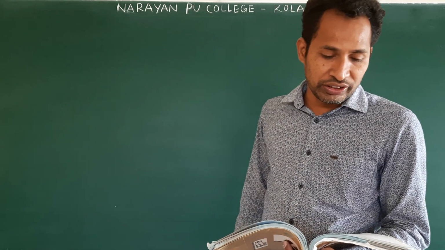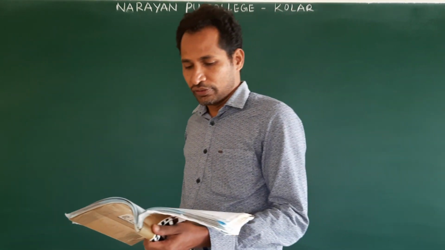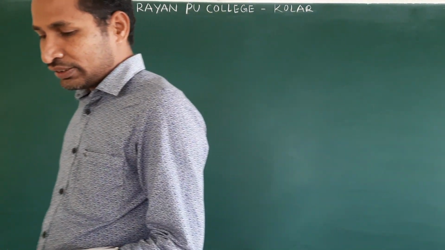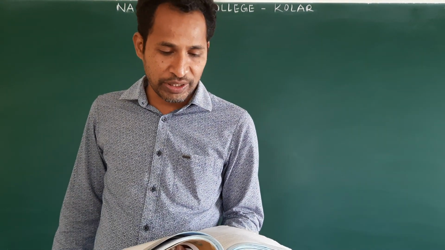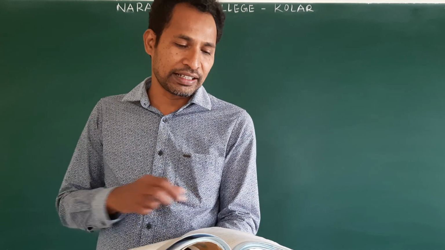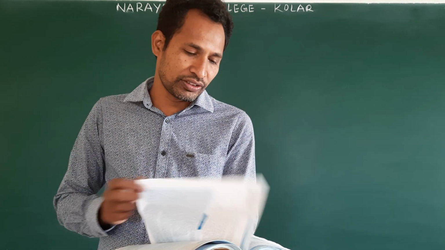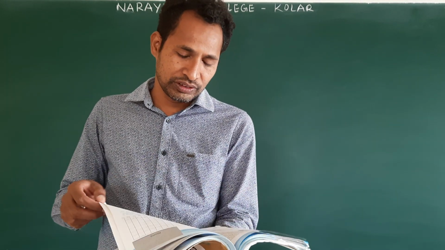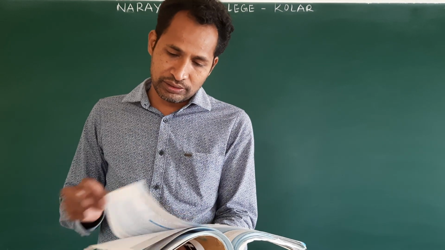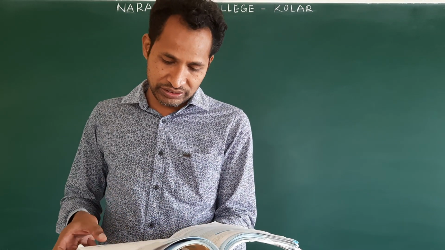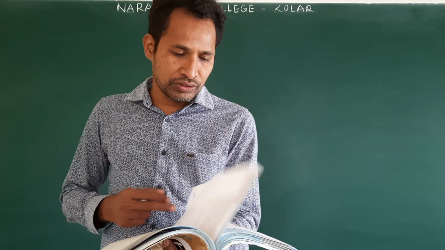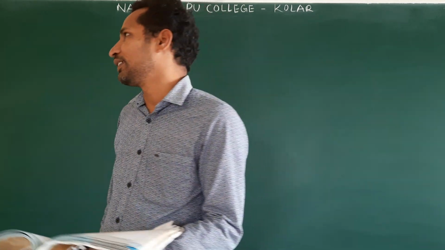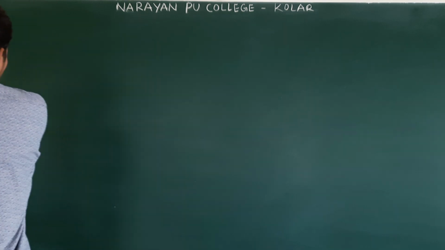Next, 3. What is the shortest wavelength present in the Paschen series of the spectral line? Already, this we have done. Paschen series, clear? Lyman, Balmer, Paschen series. Okay? You just calculate. Paschen series means what?